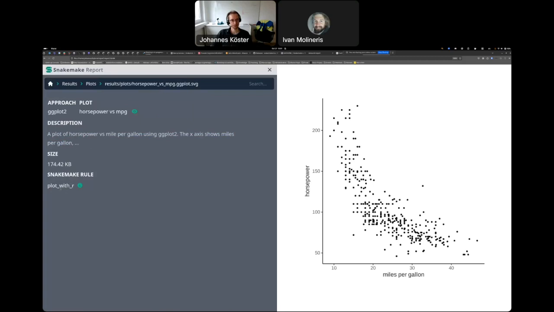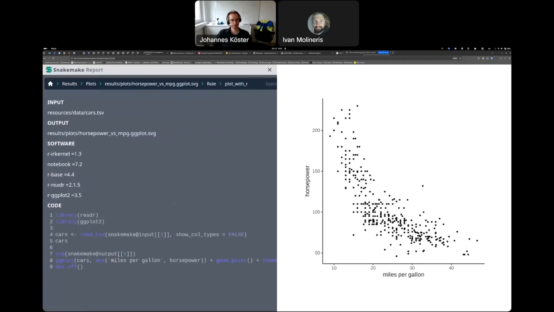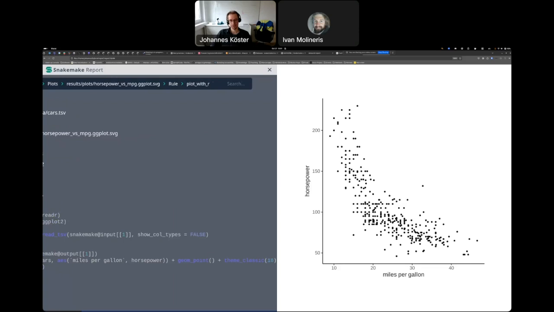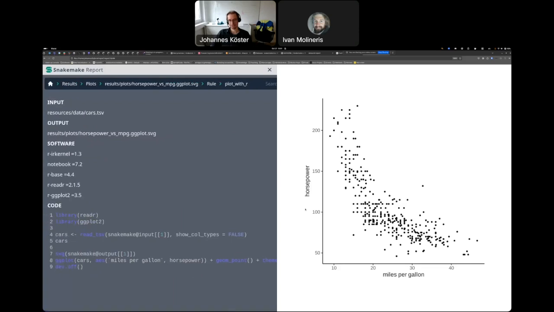And then what we have here in addition is a mention of which rule has generated this. This name of the rule, and then we can click on the info button here, and then we see actually the code that has generated the plot directly next to the plot, okay? So I guess you can imagine that this is very cool in terms of generating transparency and generating trust into that you actually did proper things to generate this and didn't manually edit stuff and so on and so forth,